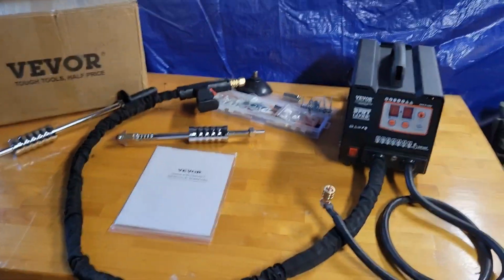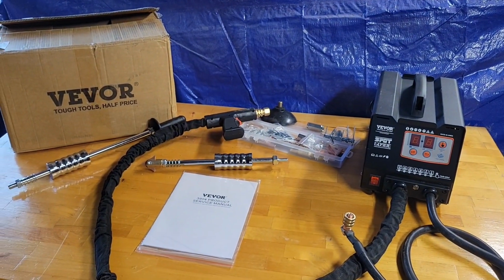But today we have got a new tool to use, and I'm excited to get to use it. I think it's going to make getting some of the body work done a lot easier on Chucky and future projects, and a lot of my friends' trucks. They're going to want me to take care of the body work on their trucks as well. So today we have got, sorry for the shaky footage, guys, a VEVOR